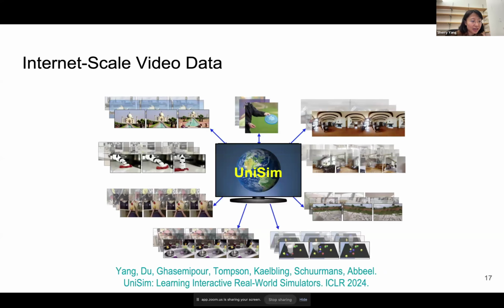And on the data side, I myself have thought more about this. I started working on the UniSim work in 2023, just thinking about what available video data we want to collect if we want to train a world model. There are a few immediate things that come to mind, because for a world model, the type of data we're interested in is probably different from a general video generation model. For a general video generation model, maybe you want to train on a lot of animations or for movie creation. But for a world model, we're really interested in data of interactions.